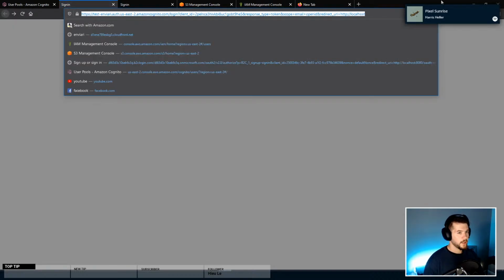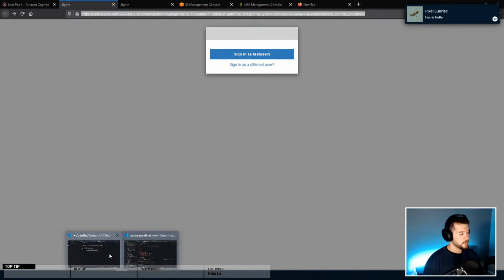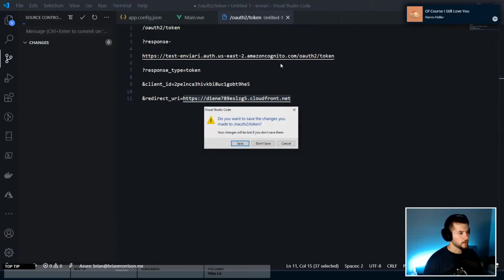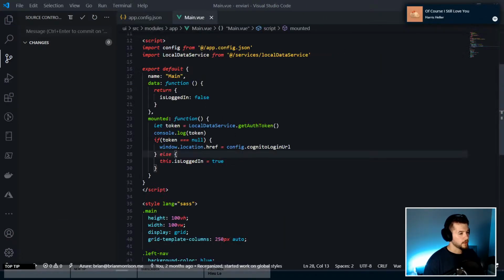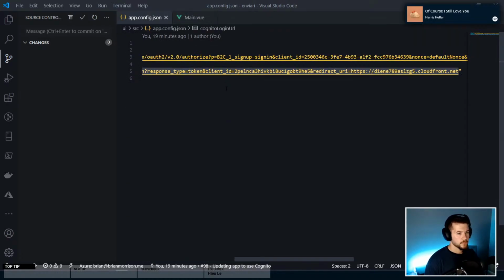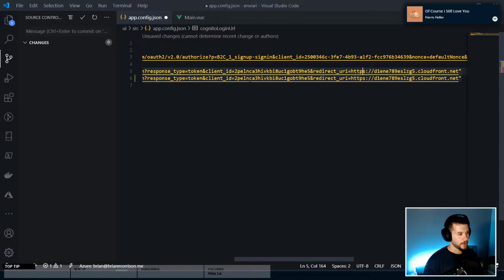All right, let's copy this. We're gonna just do a new build. So we'll come in here. We can get rid of that. I can get rid of that. I don't need to save that. Main view, Cognito URL. Paste that in, but actually, you know what, I need to grab, just duplicate this line because I'm gonna need to grab that,